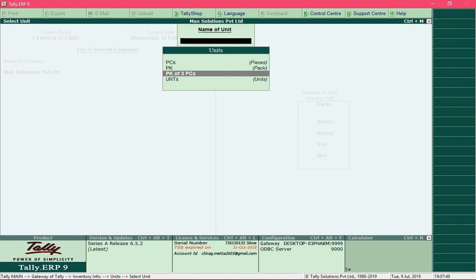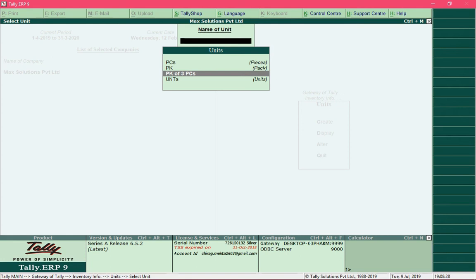Now at this point we can define stock items like Lenovo IdeaPad or Dell XPS, or any printers like HP DeskJet printer and so on. But the point is that we cannot query your products like how many i5 laptops are available, or how many total printers are available, or how many laptops are available. So in order to take advantage of such queries, we need to define groups and categories of your products.